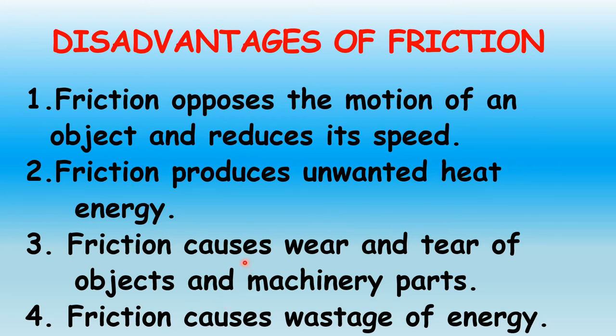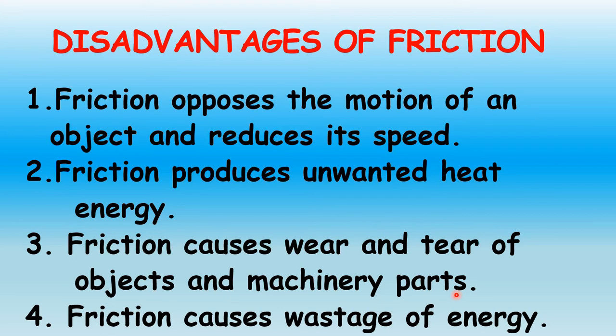Then another thing, friction causes wear and tear of objects and machinery parts. Again we take the example of the mixer grinder. After using the same blade for many years, the sharpness of the blades will get reduced. What is the reason? Because of friction, wear and tear take place. The blades, the edges will become smooth. Then another example, the shoes which you are wearing. If you are wearing the same uniform shoes for 2-3 years, the grooves on the sole of the shoes will disappear and it will become smooth and you may slip.